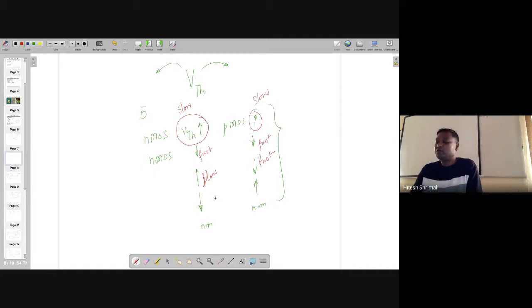Here you can see there are 5 corners: slow-slow, fast-fast, slow-fast, fast-slow, and nominal-nominal. We are going to call this one typical. All these 5 corners are known as process corners, because it depends on the process when you send it for fabrication.